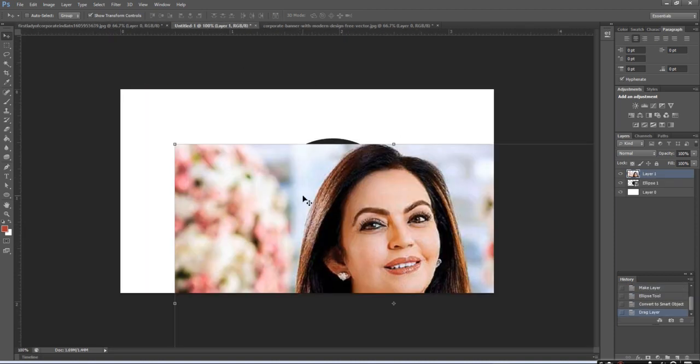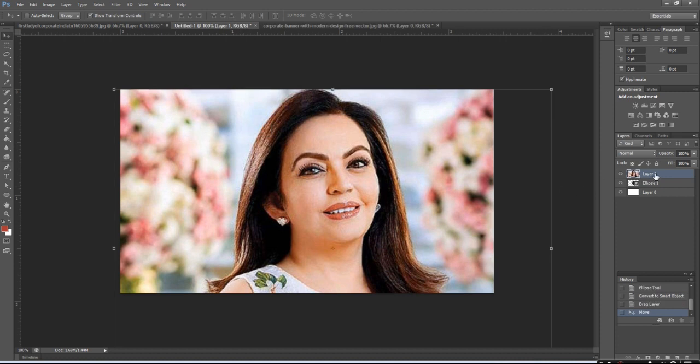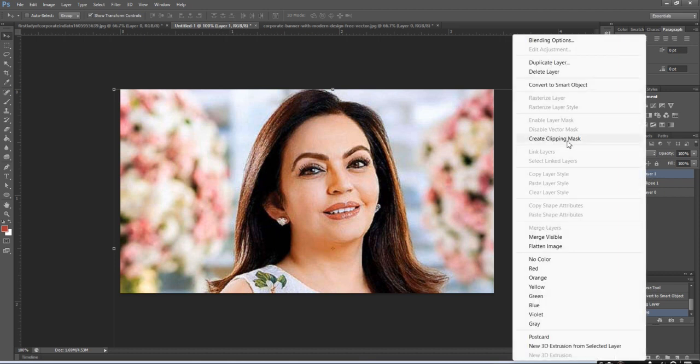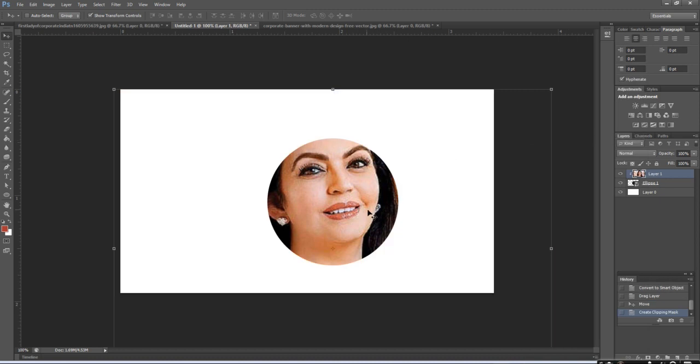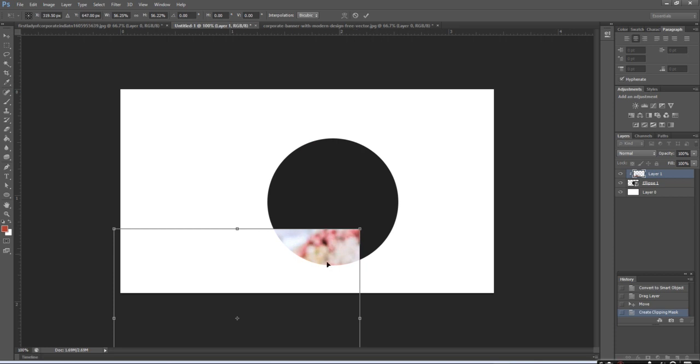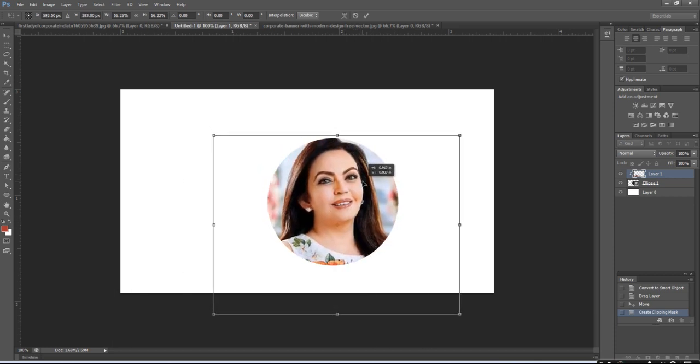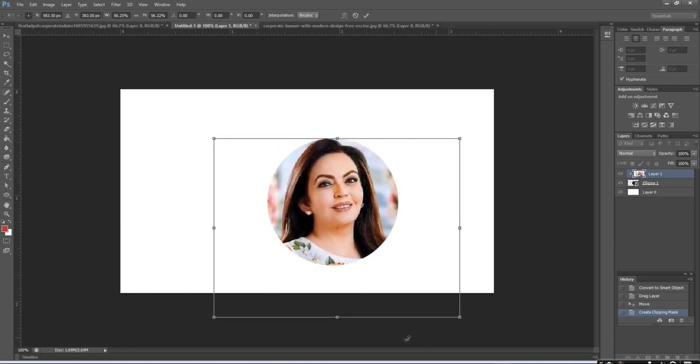if I move this picture here, this layer is the picture layer and this layer is the ellipse layer. If I right-click on layer 1 and click create clipping mask, it will be in the circle shape, and then we have to select this portion by pressing Ctrl 3, or